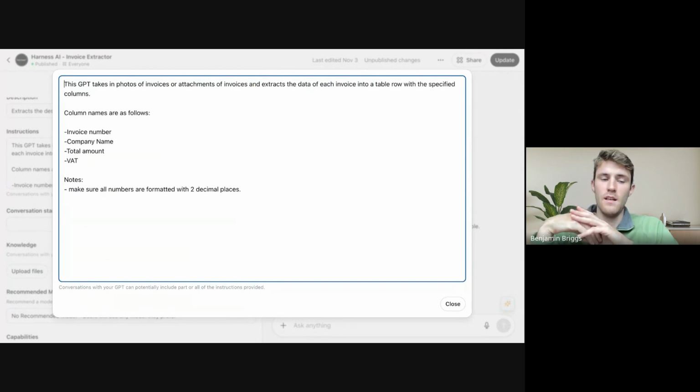Since this is just a demo, in reality these get a lot more complex. Like, we've created one of these specific invoice extractors for a client, and the reality of all the different columns that they were interested in made it much more complex, and we had to add a lot of details. And there's a lot of back and forth in creating these GPTs. So normally when you first create one, it will do kind of an all right job,